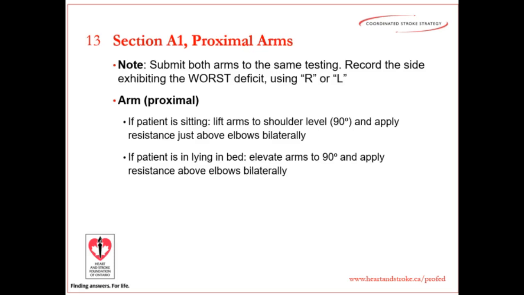Next, we would assess the proximal arms. Okay. And so we're submitting both arms to the same test, and again, looking at whether the right or left side exhibits a worse deficit. Okay, so with the arms, if the patient's sitting, you have them lift them to shoulder level of 90 degrees and apply resistance just above that elbow bilaterally, and see if they can push back against that resistance. And again, if they're lying in bed, you're going to have them elevate the arms to 90 degrees and apply resistance again bilaterally. Okay, so really here we're looking for, can they resist against that